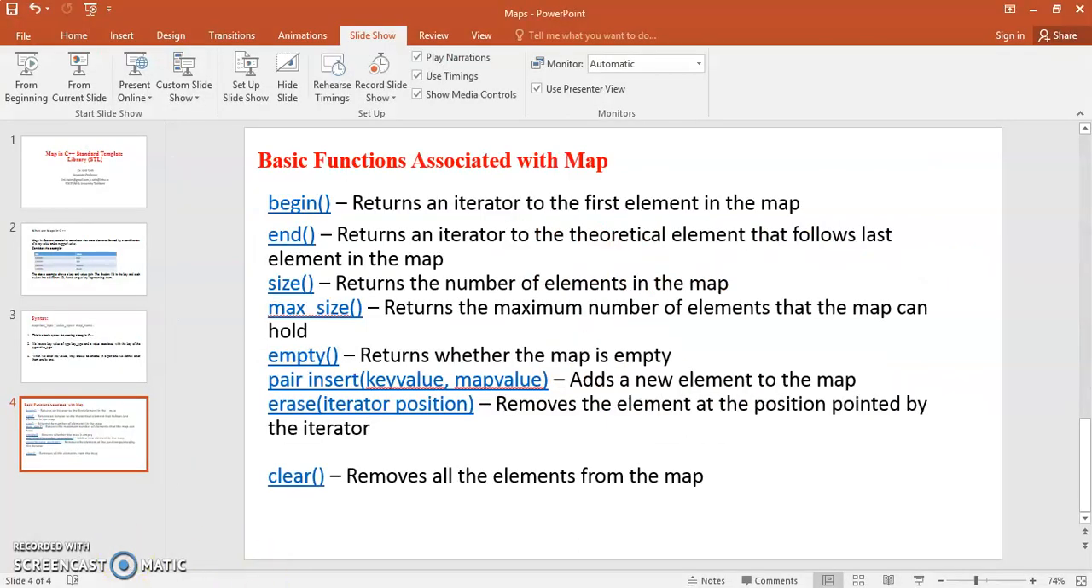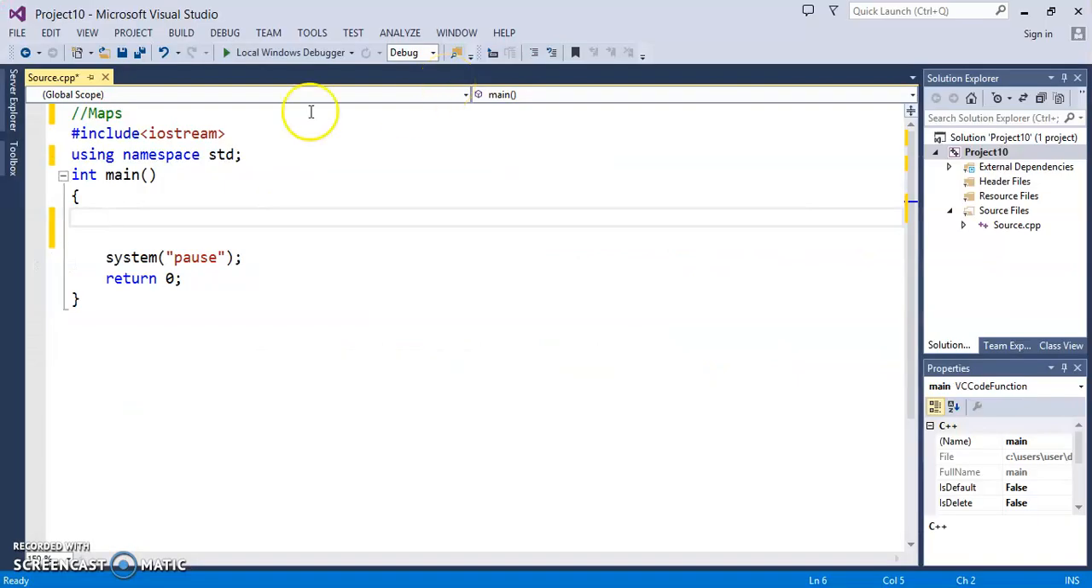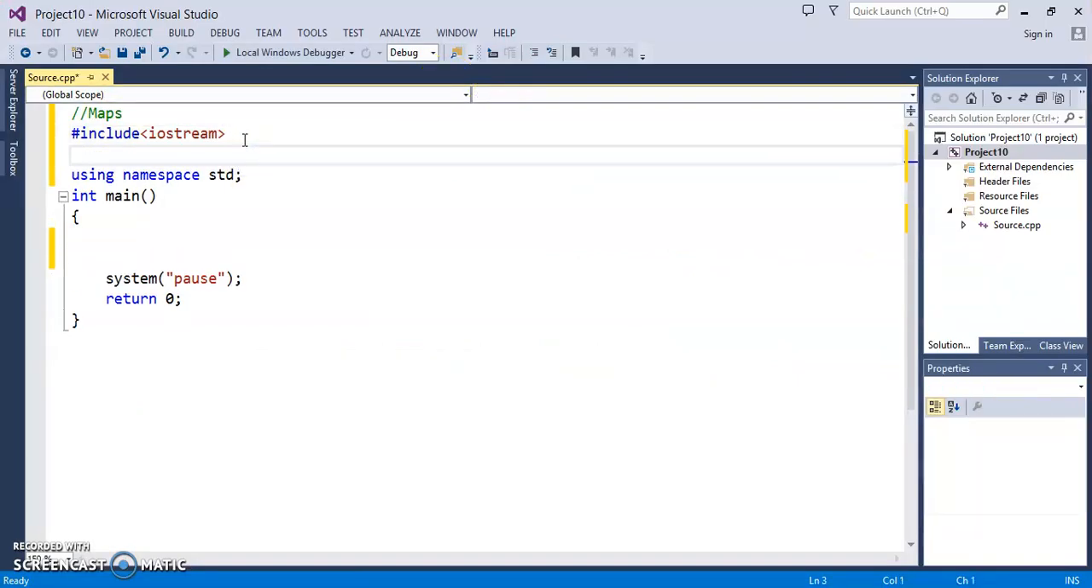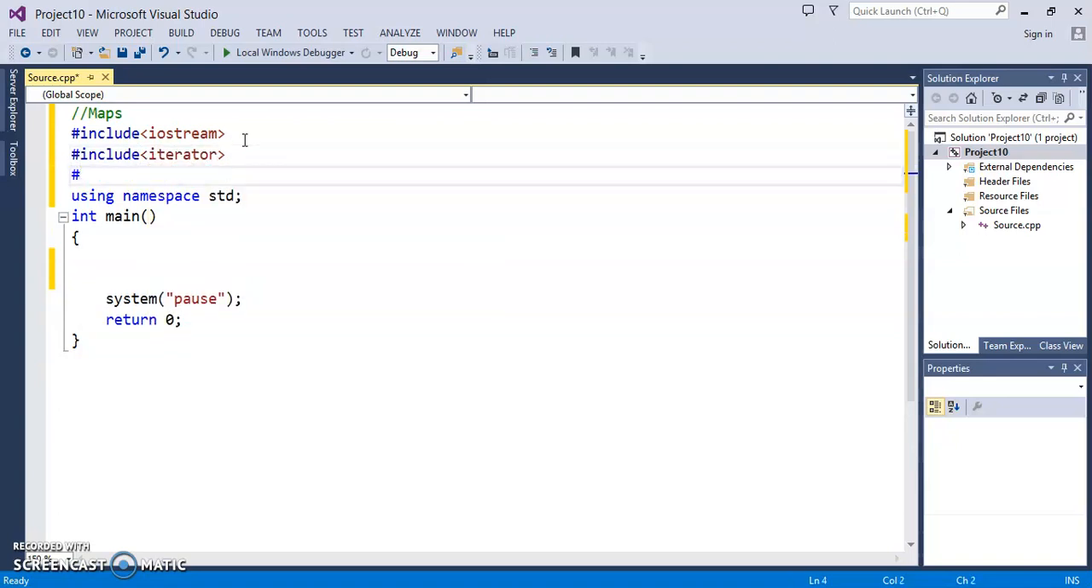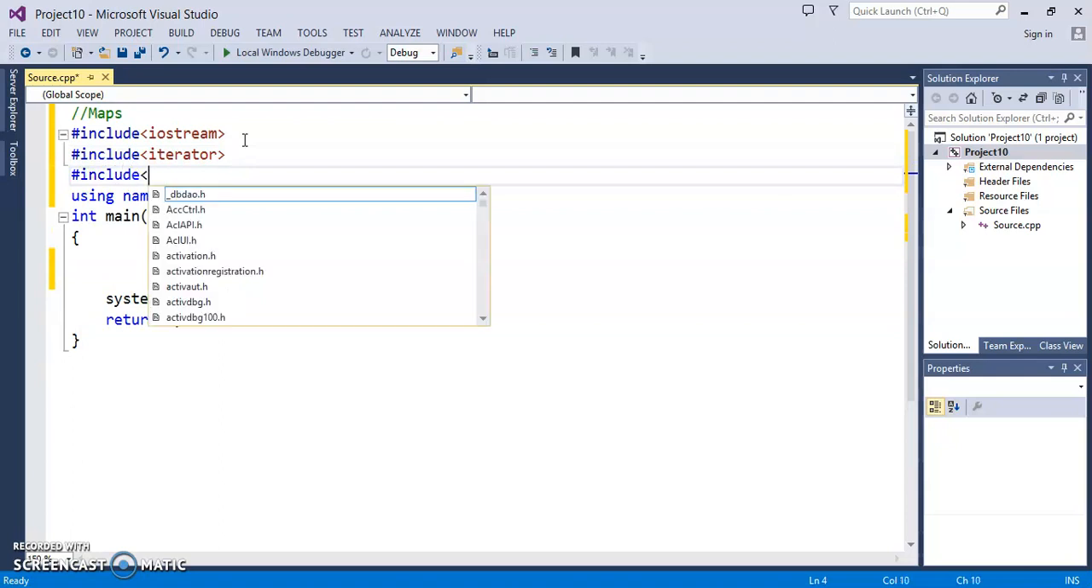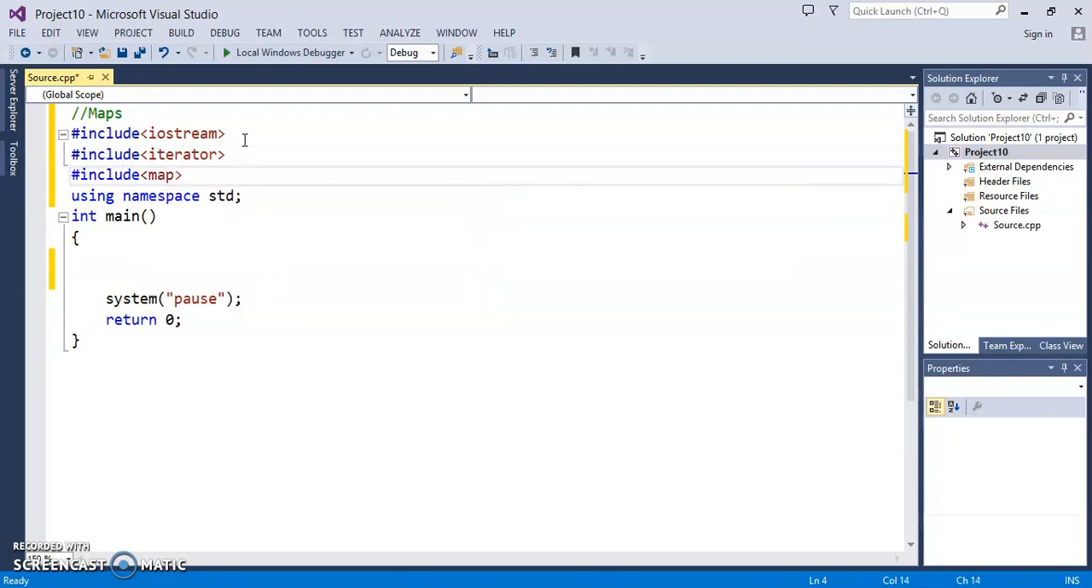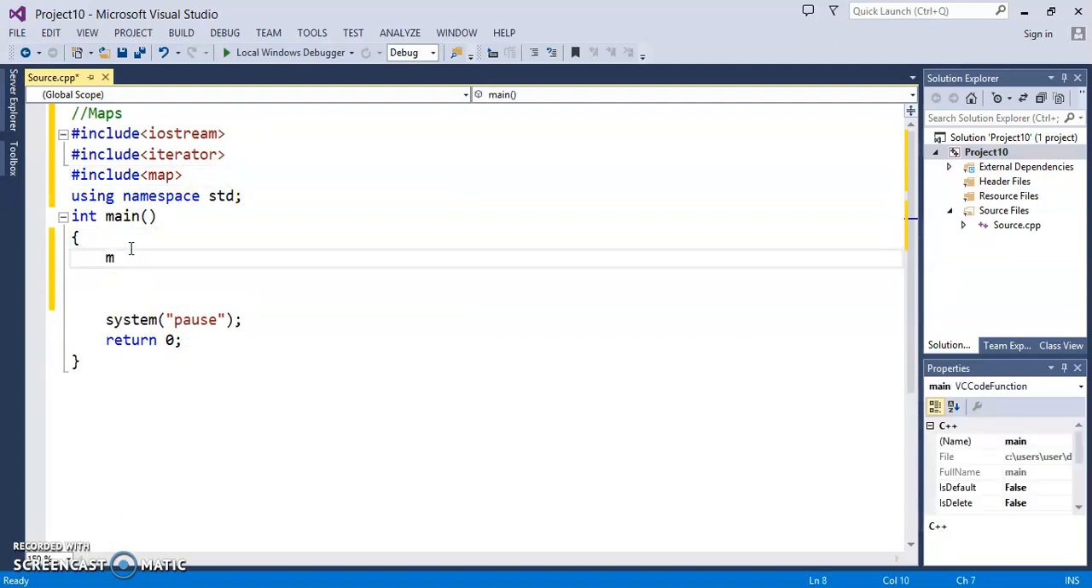Because I told you that maps return an iterator, a pointer of the iterator class also, and maps are a variable of the standard template library, you should include both the classes iterator and map whenever you are writing a map. Hash include iterator, hash include map. Okay, now let's say I want to write a map, and so the first syntax is you should declare,